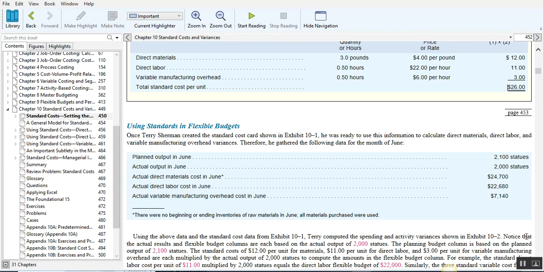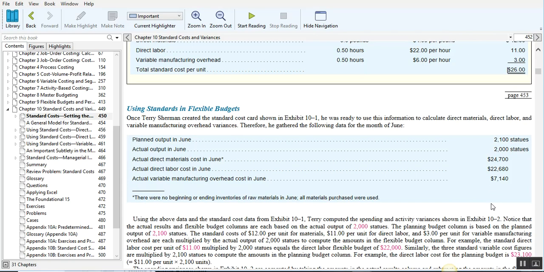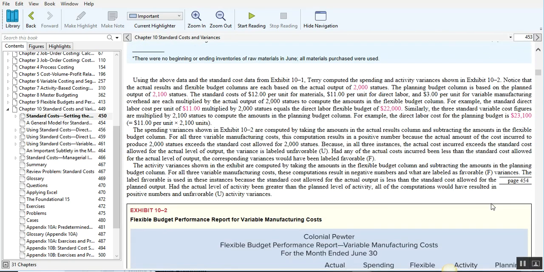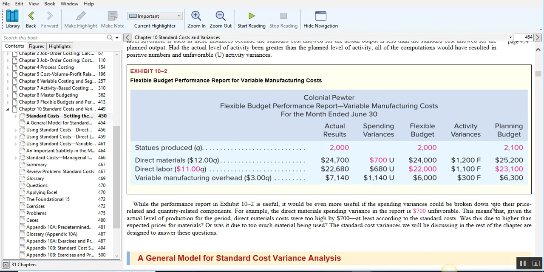basically we have, when they're making this planned output of 2,100 statues, but they made 2,000, so they have actual direct materials cost, actual direct labor cost, and then they have actual variable manufacturing overhead. So that's what we had to start with. So when we're looking at the actual results, we just transfer those numbers that we had up above in the earlier exhibit, down here. So we have 2,000 statues produced in actual results, and we show the direct materials, direct labor, and variable manufacturing